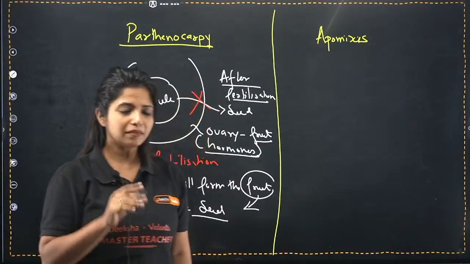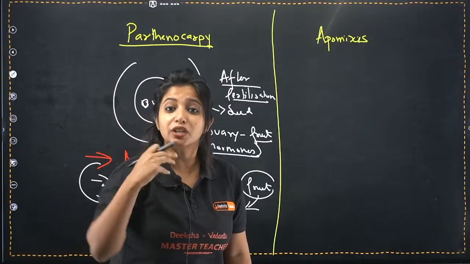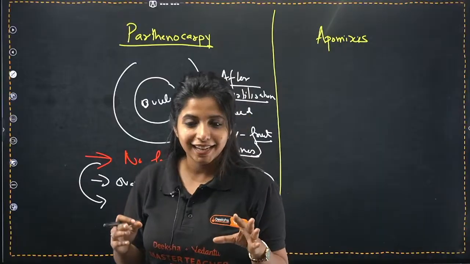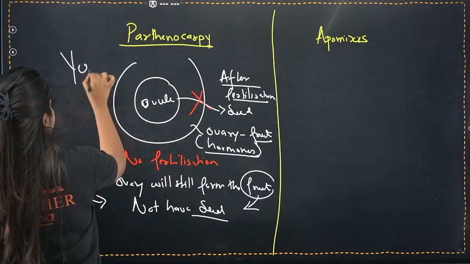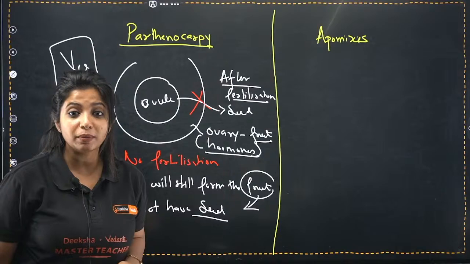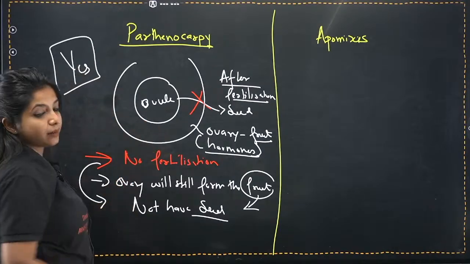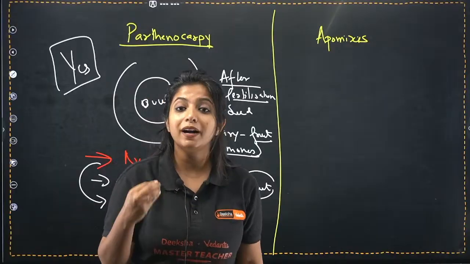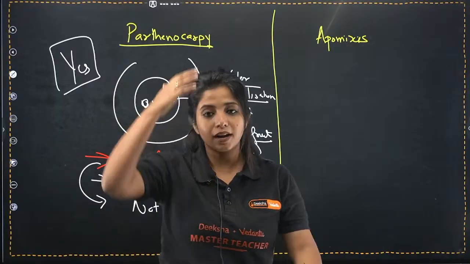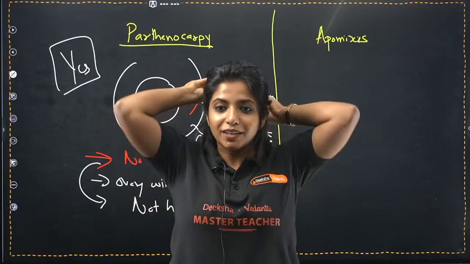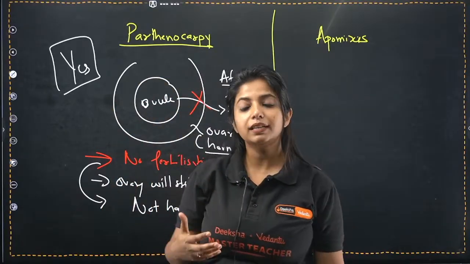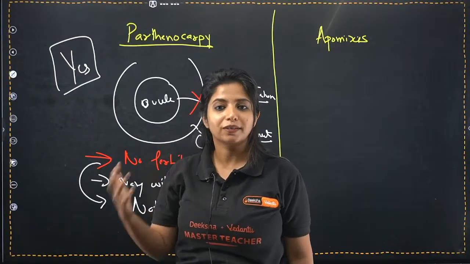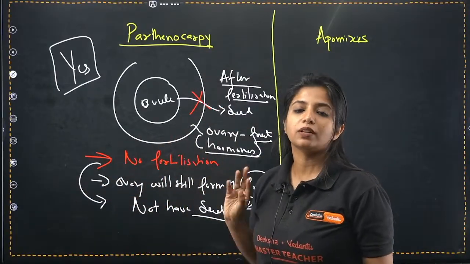Now listen to me. Parthenocarpy, can we induce it? Can we make a plant undergo this particular thing? And the answer would be yes. It would be definitely a big yes. How can you do that? By giving some hormones. So there are parthenocarpic fruits. You might have seen in plants there are certain fruits which are formed without any seed, for example, grape. Basically, there are some hormones which are put out there, and like that they can undergo parthenocarpy, or basically they will be forming fruit without the seeds.